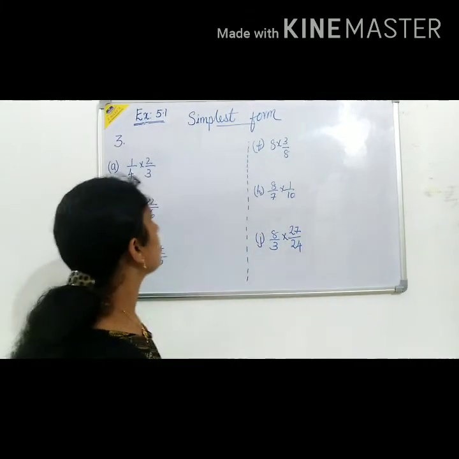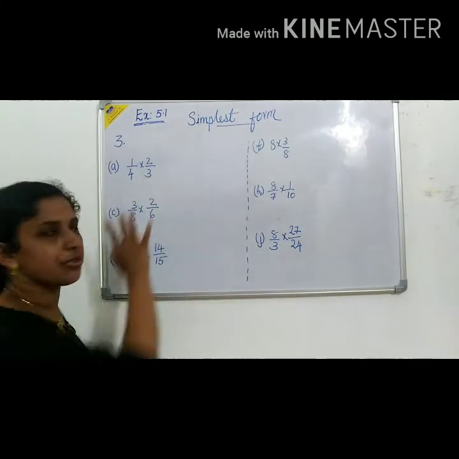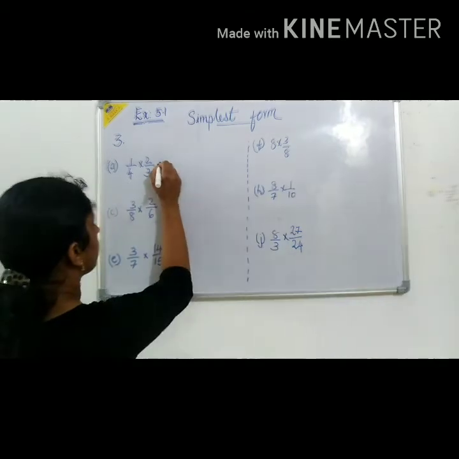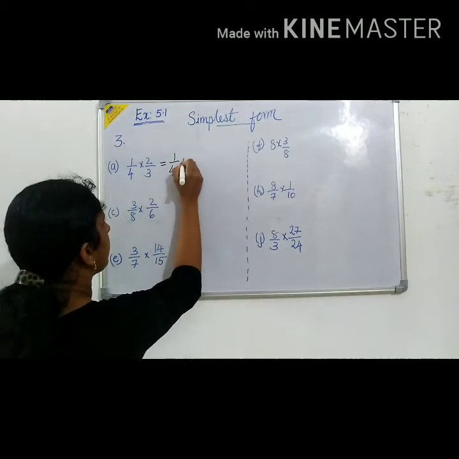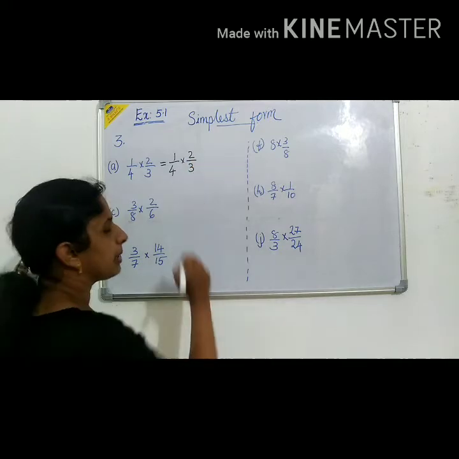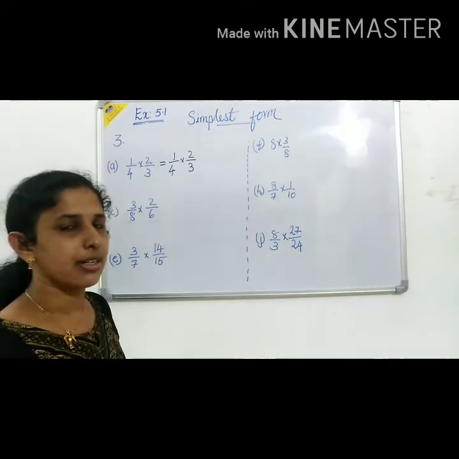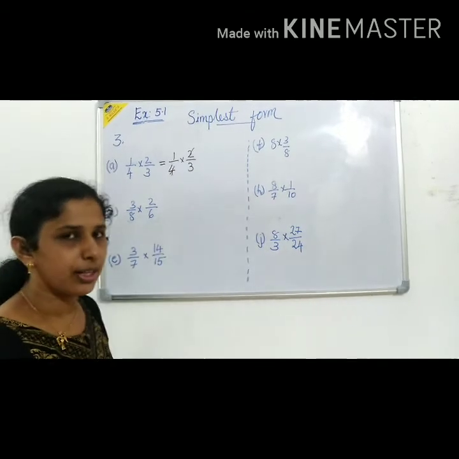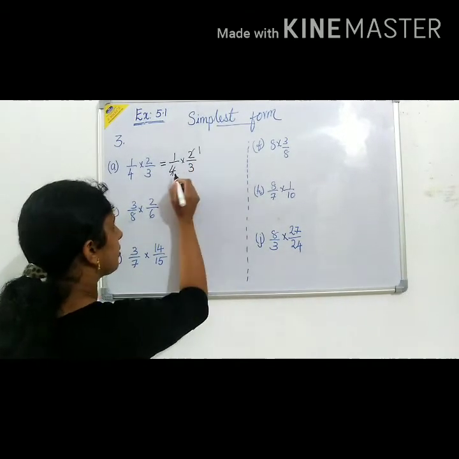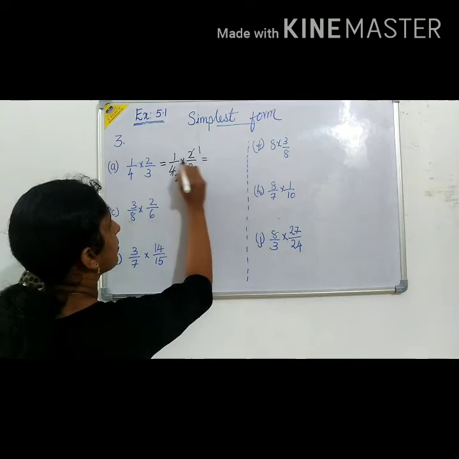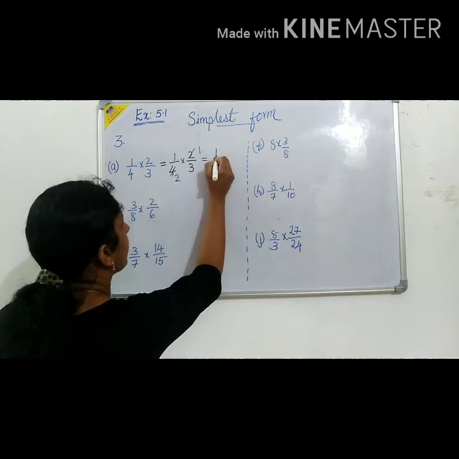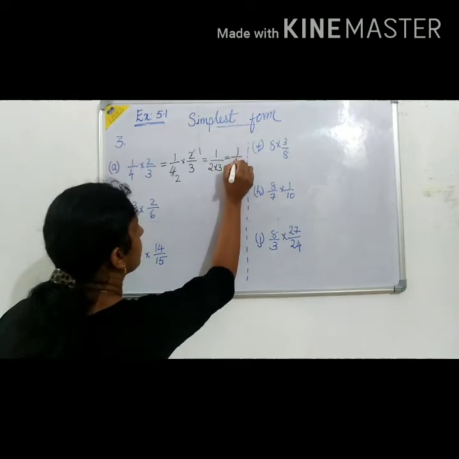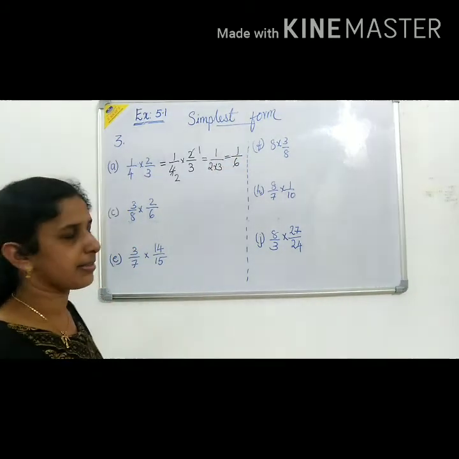Here the first question is 1 by 4 into 2 by 3. We know how to multiply two fractions, is it? So we can multiply, that is 1 by 4 into 2 by 3. Before multiplying, if there are any common factors, we have to cancel them from 2 and 4. 2 and 4 both are divisible by 2. 2 by 2 become 1. 4 by 2 is 2. So this is equal to 1 into 1, 1, 2 into 3, 2 3s are 6. That is equal to 1 by 6 is the answer.